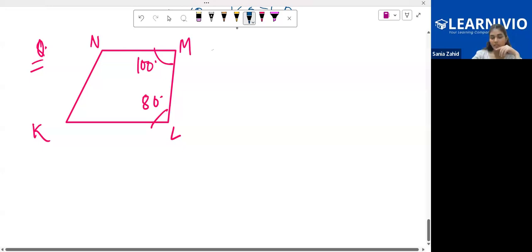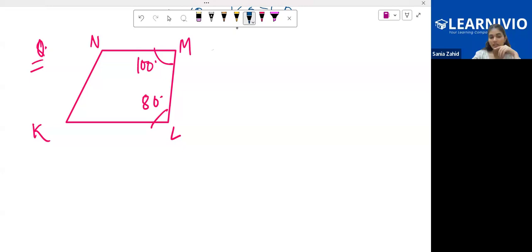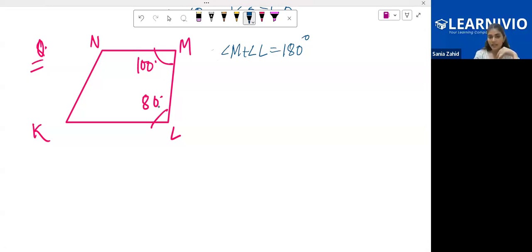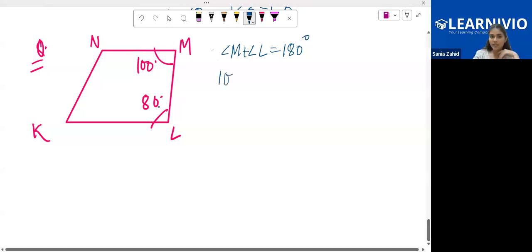Angle M is 100 degrees and angle L is 80 degrees, right? That means, yes, ma'am, 100 degrees plus 80 degrees gives you angle M plus angle L. If they are equal to 180 degrees, that means they are adjacent angles, right? Let's check. Are they equal to 180 degrees? 100 degrees plus 80 degrees should